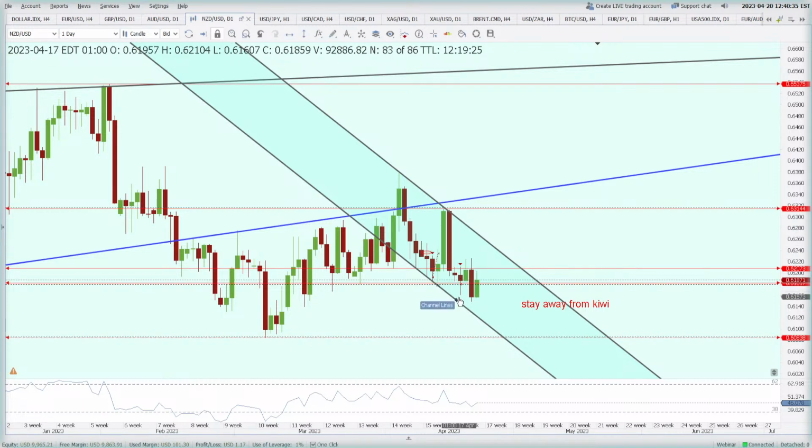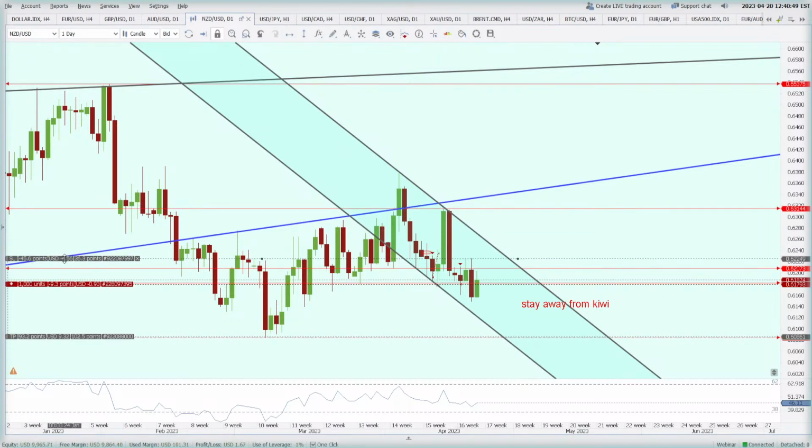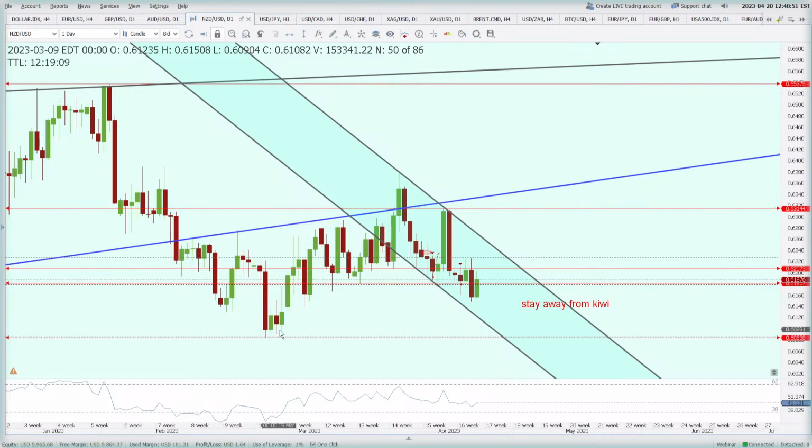Why? Because after making this low here on 17th of April, the price made this low here on 19th of April, and in the process it made this high, or you can say this high. So I bring my stop loss from here to all the way here. So now my risk to reward ratio is almost double. And this process will continue as the price keeps going down and makes lower highs and lower lows.